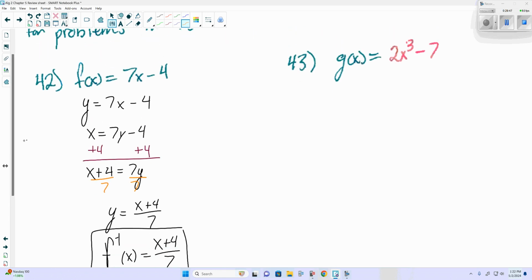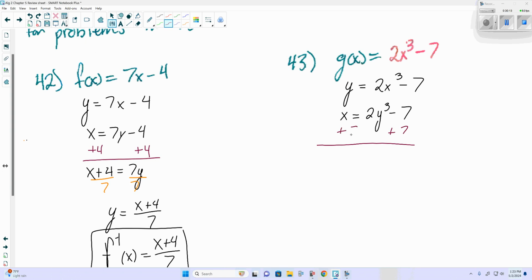All right, guys, g of x equals 2x cubed minus 7. Our first step would be to replace g of x with y, so y equals 2x cubed minus 7. Our next step would be to switch x and y. And then we'd add 7 to both sides, telling us x plus 7 is equal to 2y cubed. Our next step would be to